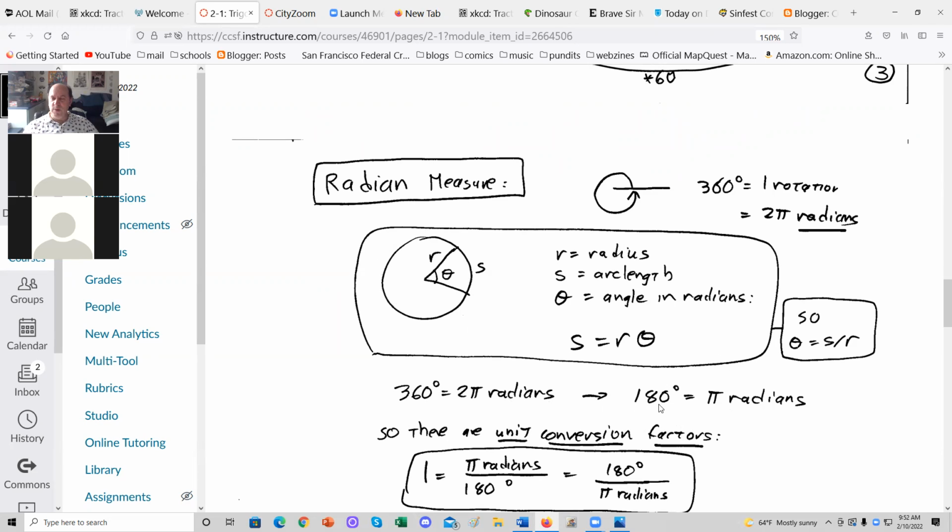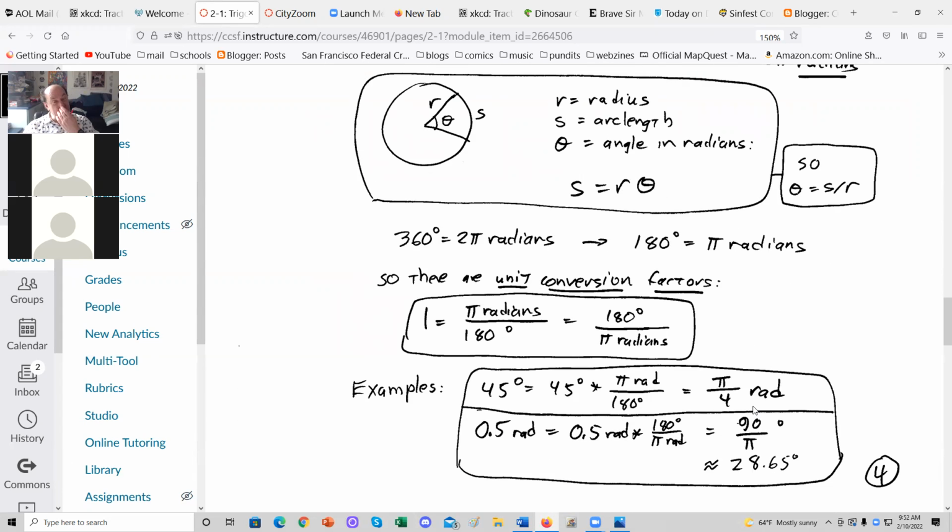So the ratio between these two, pi radians and 180 degrees, is 1. So we call that a unit conversion factor. Pi radians divided by 180 degrees is 1. 180 degrees divided by pi radians is 1. Therefore, you can multiply any angle measure by one of these to convert from degrees to radians, or to convert